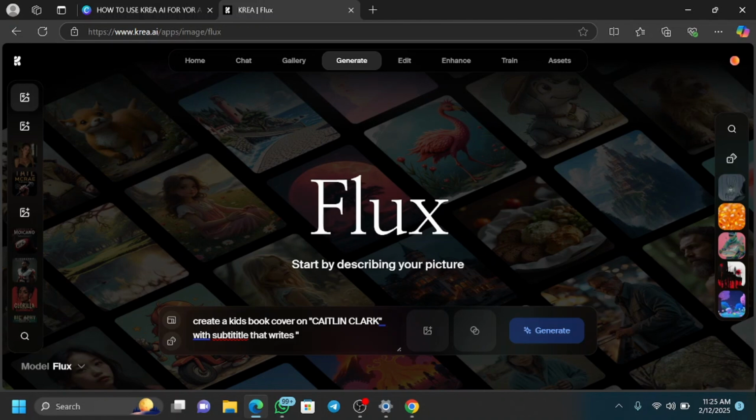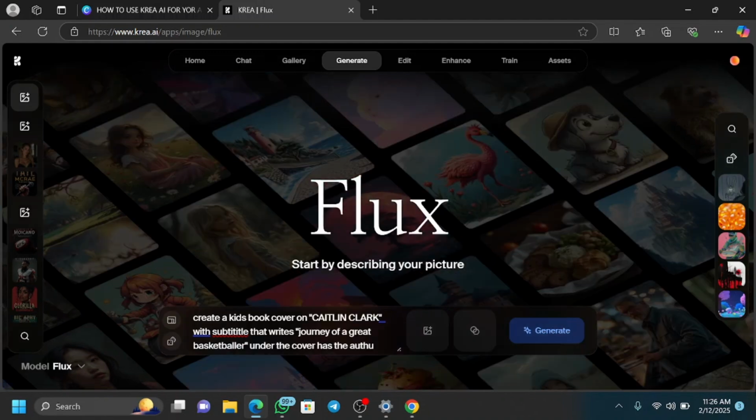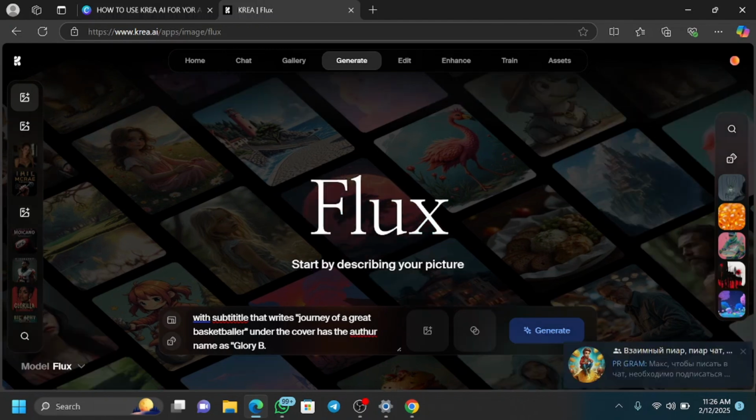Okay, then under the cover has the author name as, what will I use as the author name? Let's just say Glory B Stone. Let's use this. Okay, now before you go ahead and click the generate option,